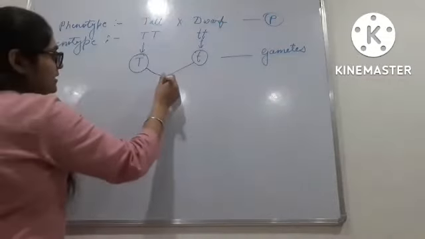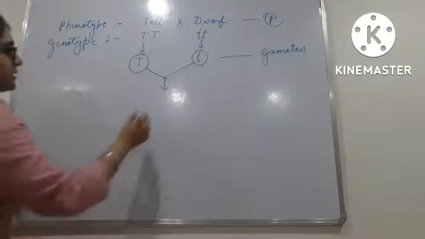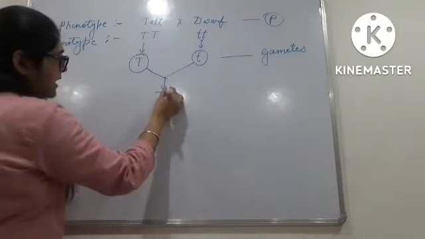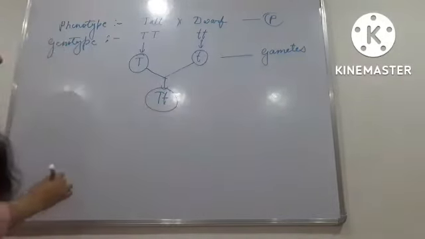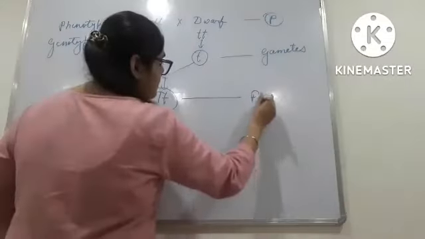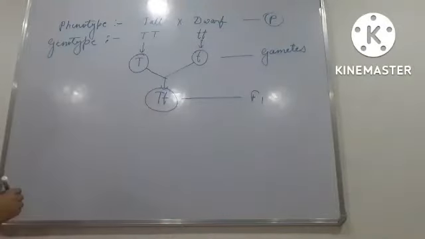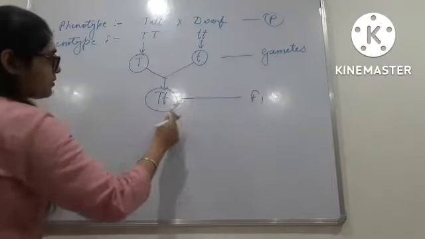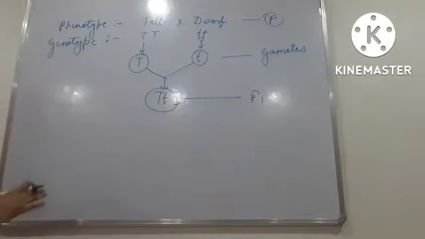After fusion of gametes, we obtain capital T and small t in F1 generation. Okay? So if we draw a Punnett square for this F1 generation, or we self-fertilize the product